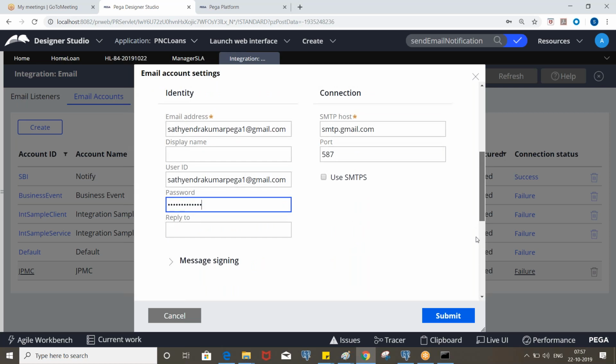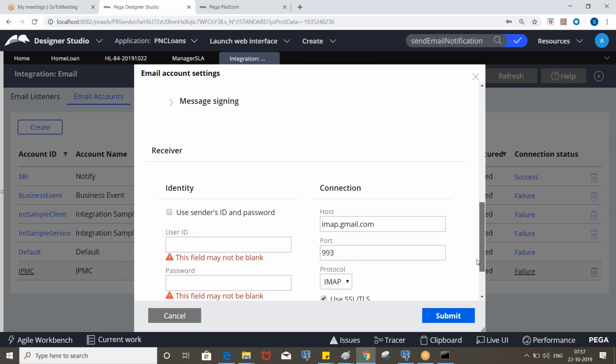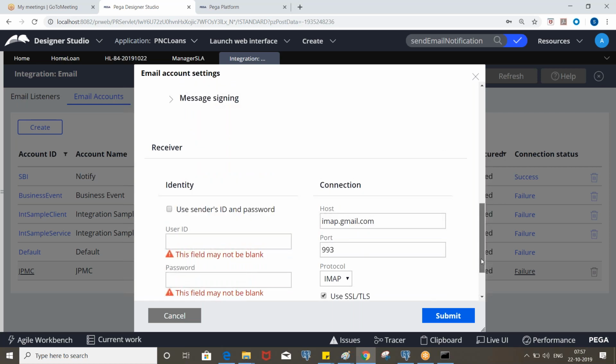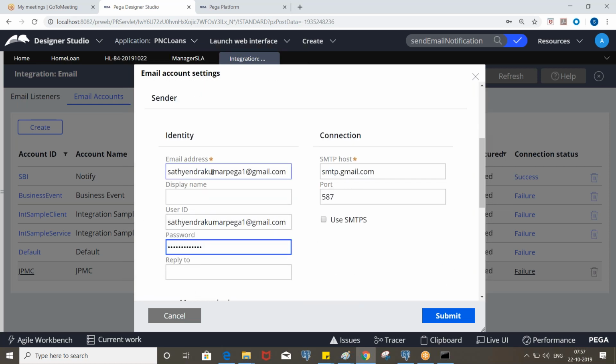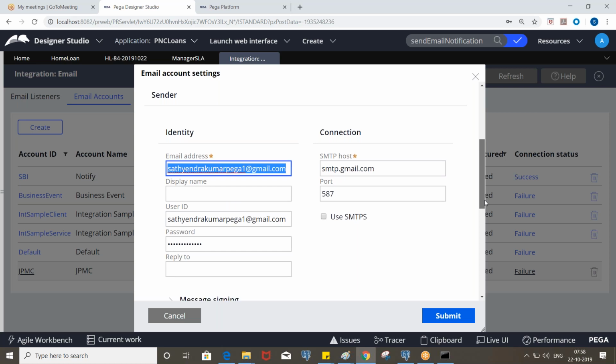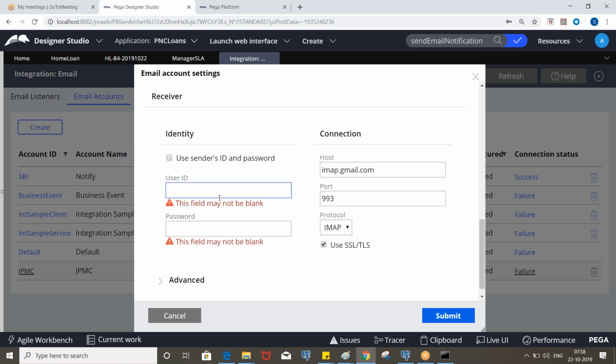And the receiver is also mandatory, so you put the same. The sender, like, we send an email from these details, and to which email it has to be received. Let's say, in the inbound email, this will be considered. Okay. So the other parties can send an email to the PRPC application, and this email will receive that.